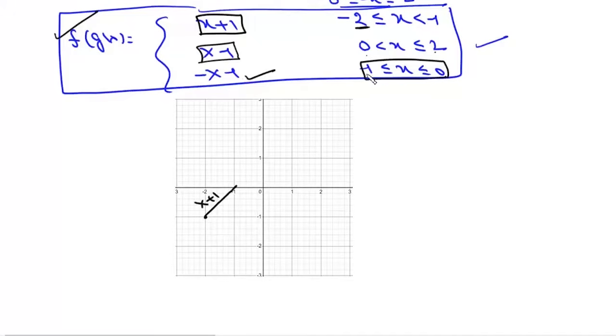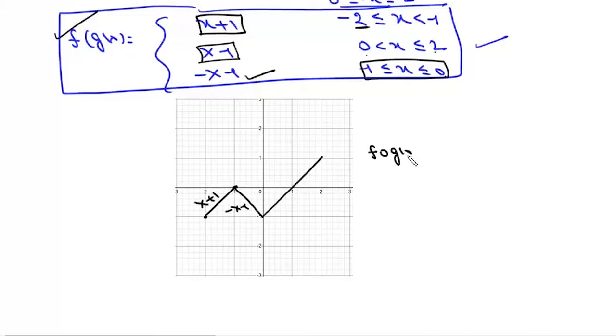Now when x is minus 1, this is 0. And when x is 0, this is minus 1. So this is minus x minus 1. And here, if we take x as 0, it is minus 1. And at 2, this value is 1. So that is the graph of